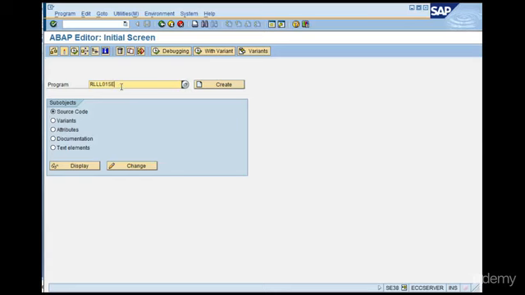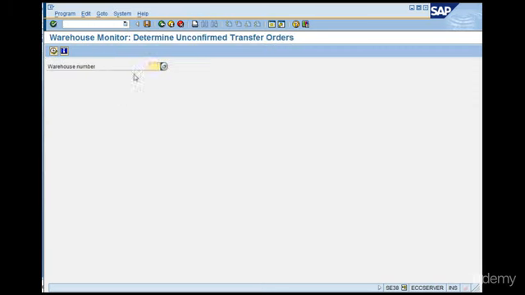What these programs do is that when we execute them, they capture the open objects related to the program. So this program is for capturing open objects like transfer orders. Then we have 02, which is for transfer requirements, and so on. We execute this, and you get an option to put in the warehouse. Right now I am running, and I have run it for an unconfirmed transfer order. So now if you see,